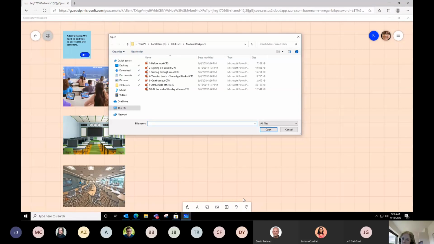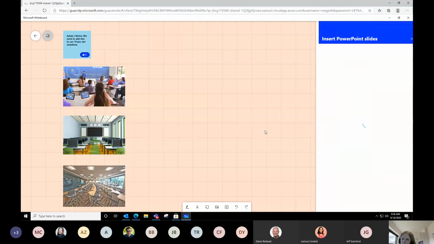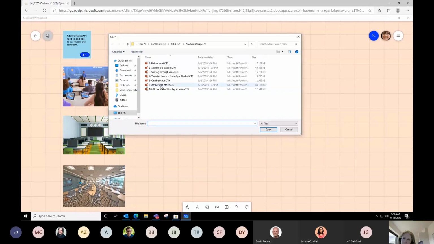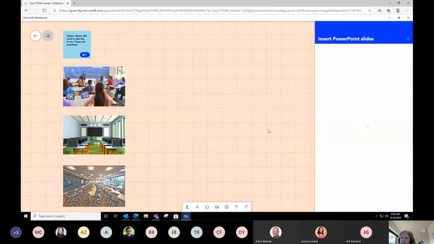Very similar, but what's cool about this is that when you come in and actually select the PowerPoint, and in this case, I'm selecting a PowerPoint that's saved locally on Megan's computer, it'll actually show you the PowerPoint. And do know that if it's a really big PowerPoint, it could take a few minutes for it to open. We can see here, it is being a little bit naughty. Let me try a different one. Again, sorry guys, sometimes it's happy and sometimes it takes a minute. We'll try this one. It'll actually let you select which slide in the PowerPoint it will bring in.